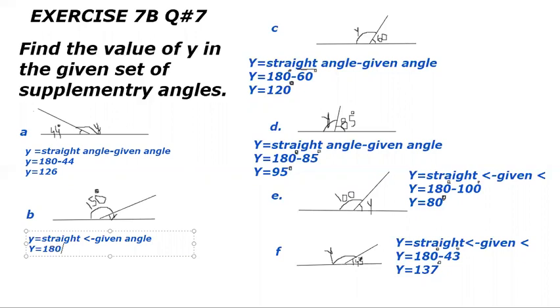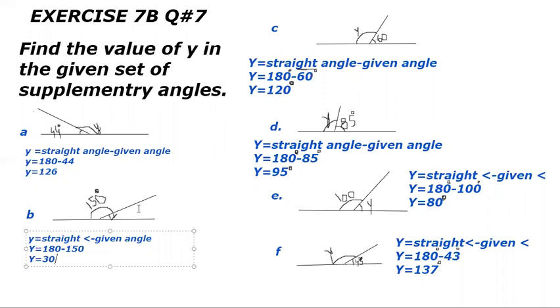Tip to remember: S for supplementary angle and S for straight angle. 180 minus, in this figure, the given angle is 150 degree. Subtract 150 from 180 and it will give us 30 degree. So 30 degree is supplementary to 150 degree. When we add 30 in 150, it will give us 180 degree. Two angles are supplementary if their sum is 180.